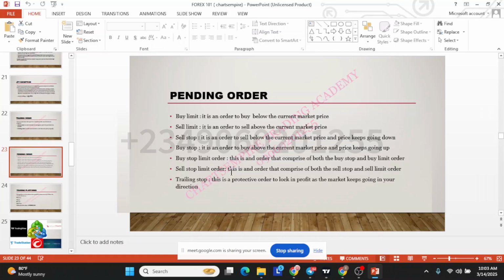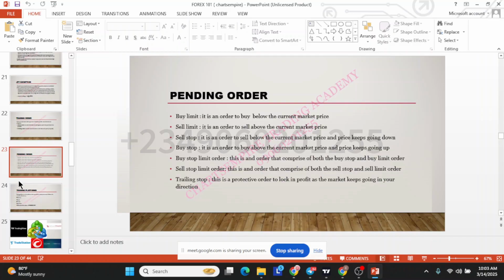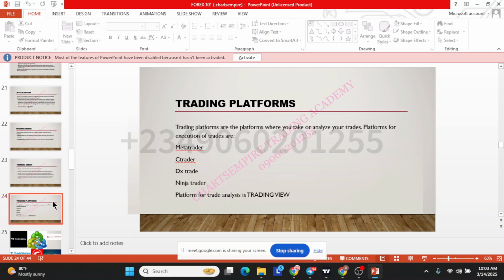Okay, yeah, trailing stop. We talk about the trailing stop. I think we've actually explained this, and I also told you about the trading platforms that we have. I said we have varieties of trading platforms, but the one we'll be making use of is the MetaTrader and the